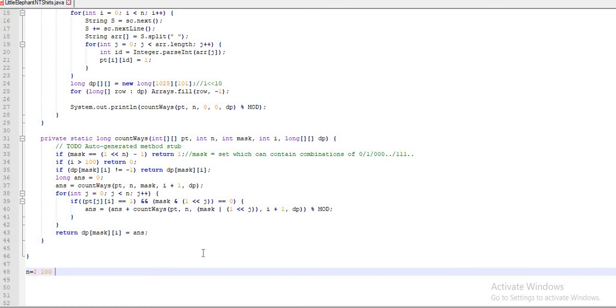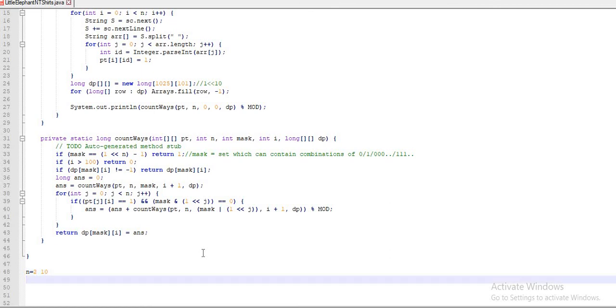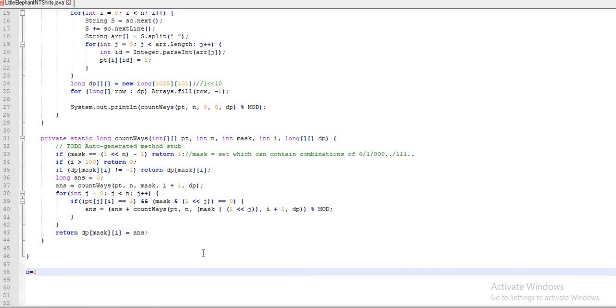If I shift 1 by 2 times, it is going to be 100, which is nothing but 4. Now if I do minus 1 out of it, then it is 4 minus 1, which is 3, and the representation of 3 is 11.